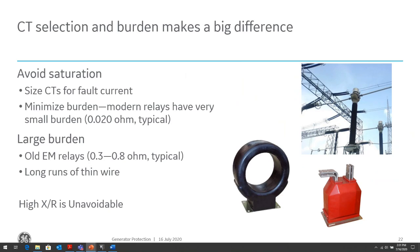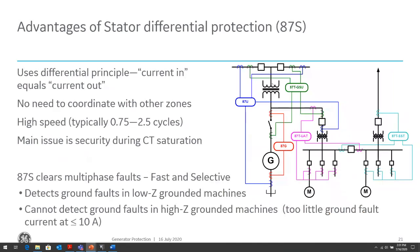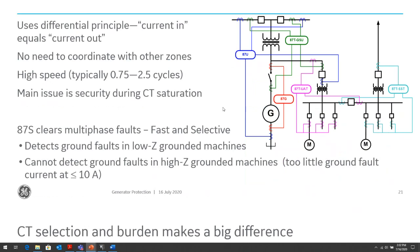So what is CT saturation? What's the phenomenon of CT saturation? What does the relay see? Basically, the relay sees currents that are not reflective of the primary currents flowing in the system. So in our generator example, if we have a saturation in the terminal CT, we're not going to see the primary currents that are flowing in that system. So we might have a difference between the generator neutral and generator terminal CTs,